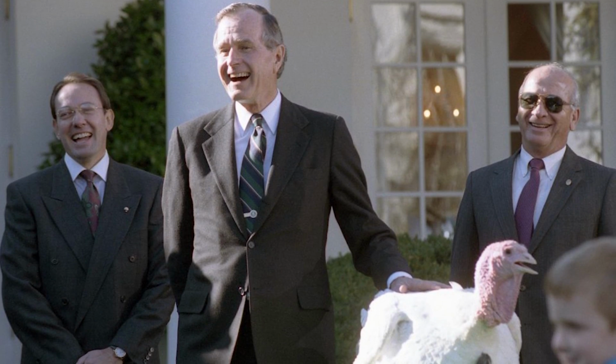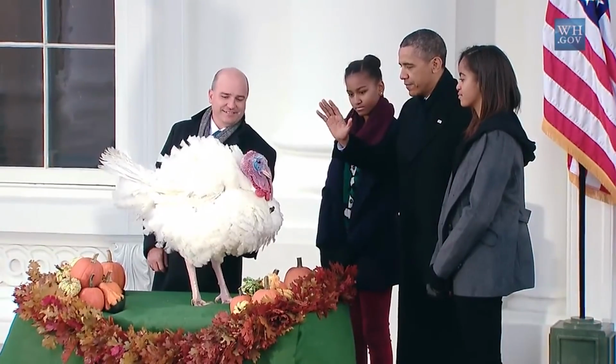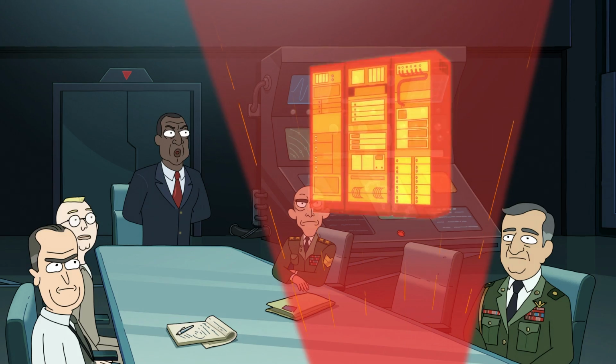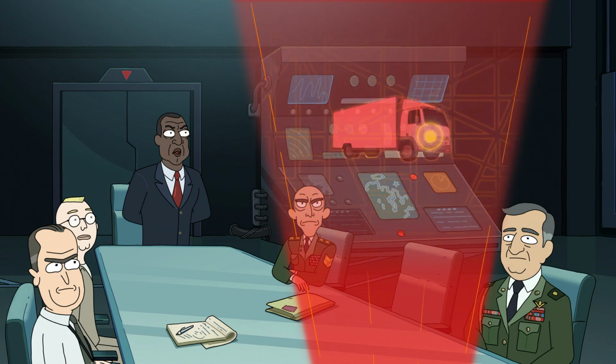And Reagan's successor, George H.W. Bush, began the annual pardoning tradition, which we do to this day, and that same president pardoned those Iran-Contra rascals in his final days in office. Oh, America. Rick and the president brag about how they've each outsmarted the other, but let us not overlook that